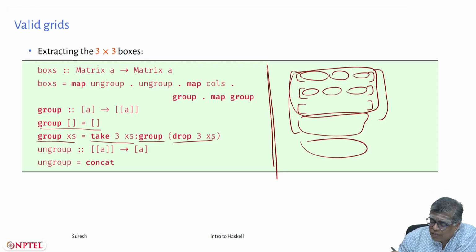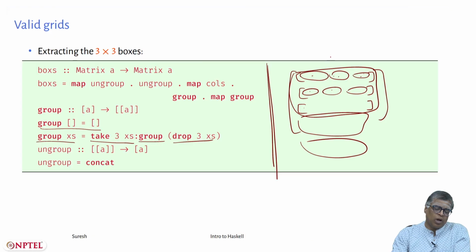I have a picture which will illustrate this very clearly on a 2 by 2 matrix, on 4 by 4 matrices. What it will do is, if you think of this as a 3 by 3 matrix, you are just transposing it. So this will go here, that will go here, this will go there, and so on. It will do this for every one of these bands. And then you have to ungroup. Ungroup is just concat. I will show you by an example how this actually works.